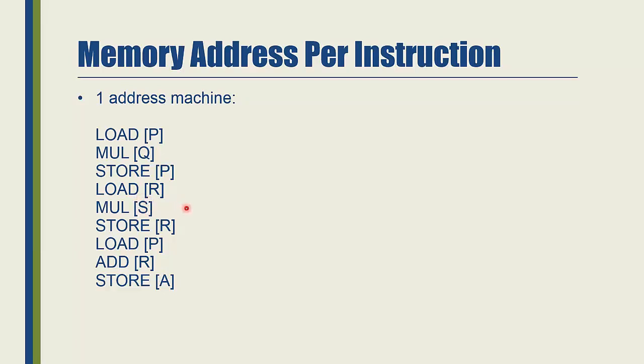Next, we want to do the addition of the two multiplications. Optionally, we can store the result of the multiplication between R and S just now back to R. Then we load from the memory location of P again, where we keep the multiplication of P and Q. Then on top of that value, we add the multiplication of S and R, which is in R just now.